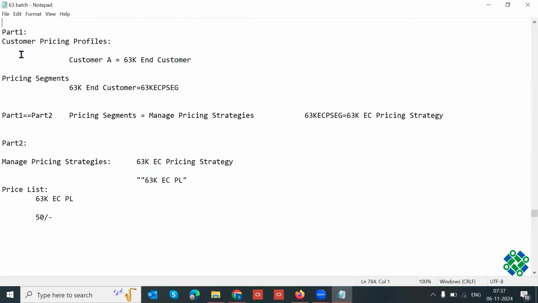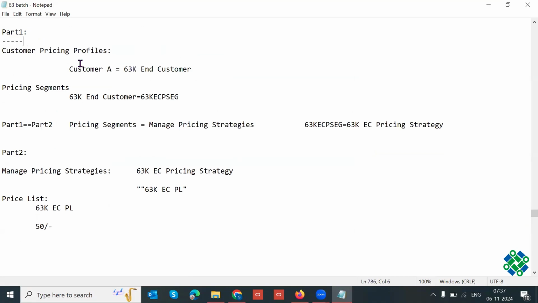Yesterday, as part of part 1, we created a customer and linked it to the end customer. Then, as part of the pricing segment setup, that end customer classification has been linked to the end customer pricing segment. The end customer pricing segment is linked to the end customer pricing strategy, and the end customer pricing strategy is linked to the end customer price list. So I will spend some time on discussion